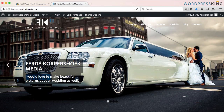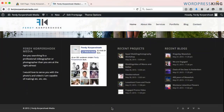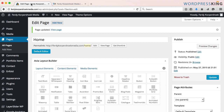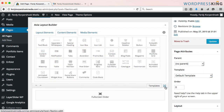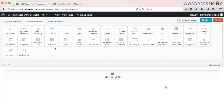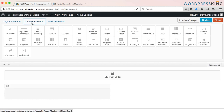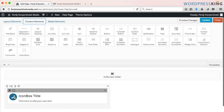We are almost there. I'm going to push this arrow over here, and when I do that, I scroll down to the footer. But I want to add some more information to the home page. So I go to Edit Page, I push the Expand button, and I want to choose 2 elements. I begin with this one, and then I go to Content Elements, and I choose an icon box, and I drag it over here. I click on it,